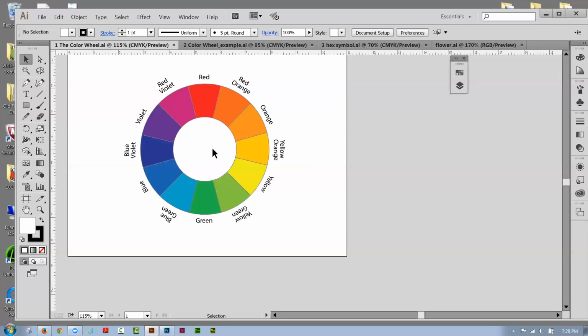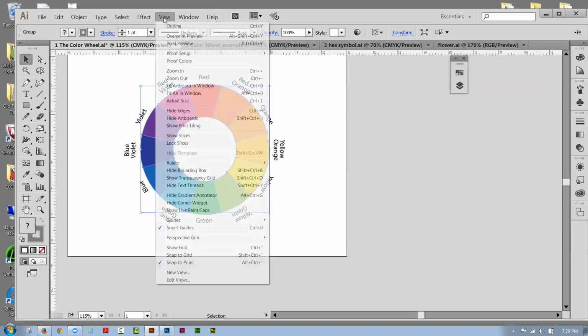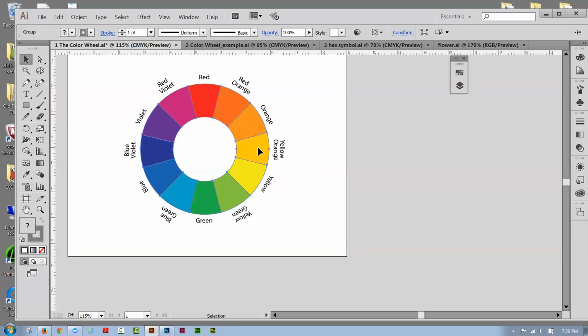So now, one of the things that I have to do is I have to show color relationships. And to be totally honest with you, it's a really easy way to do this. Let's see if I got this group. I think I do have it grouped. Let's go Object, Ungroup. You know what? I want to go to the View menu and hide bounding box. I don't like the bounding box. I'm not somebody who likes working with the bounding box myself. Object, Ungroup. All right, that should do it. Okay. So now I have my